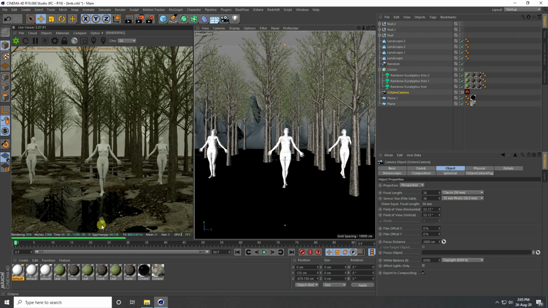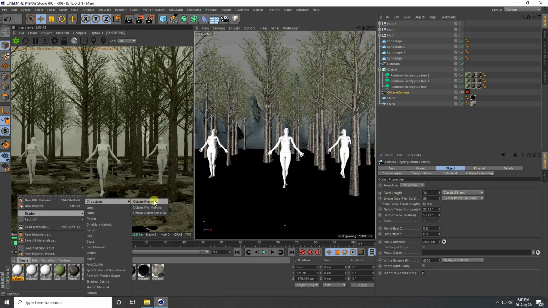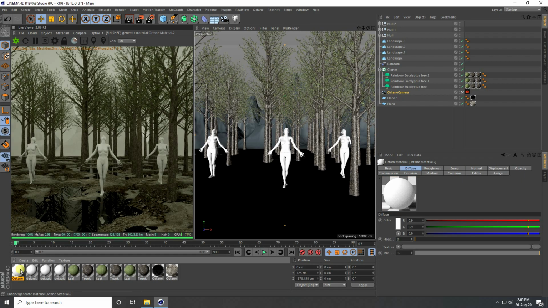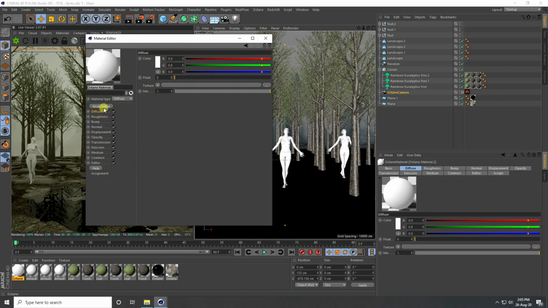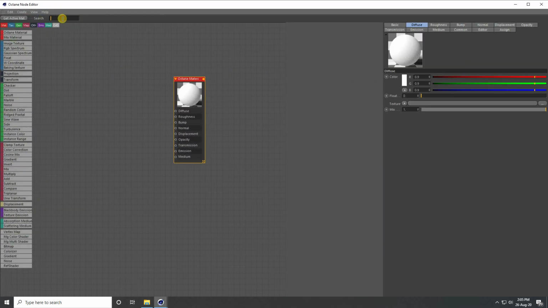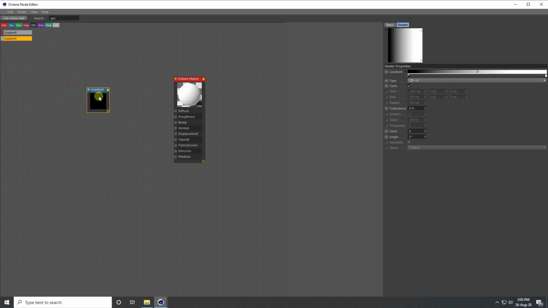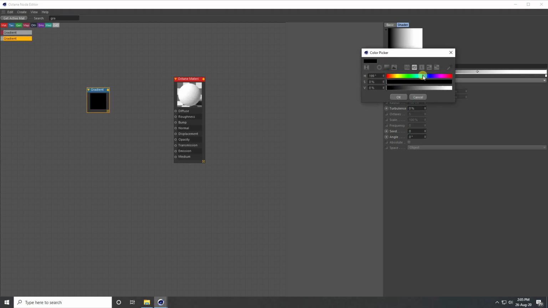I create material, so go to here and take octane material. Guys, I create material for this landscape, so open and go to node editor and go to search. Guys, type gradient, select this one, yes, and guys, take dark lighter blue.